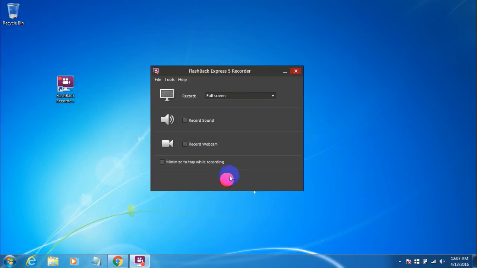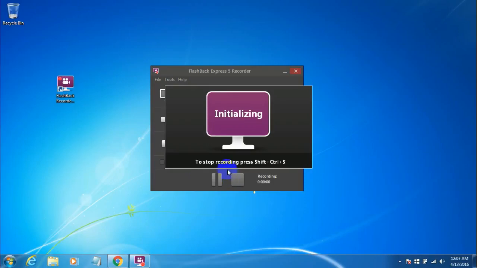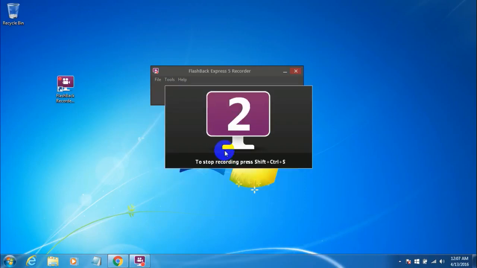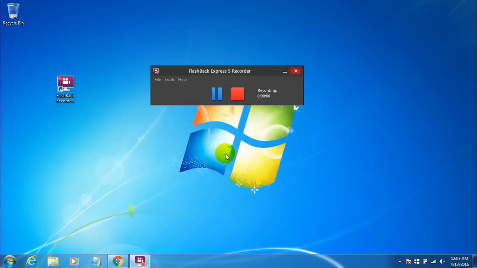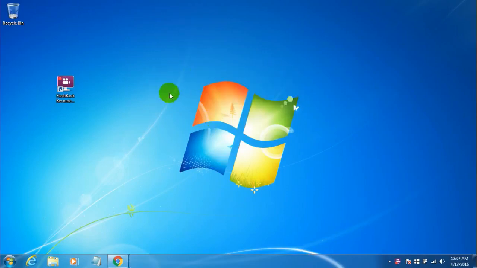Finally click on this red button, red circle over here, and here we go. It starts the countdown here. 3, 2, 1, go. So this is the sample recording with this